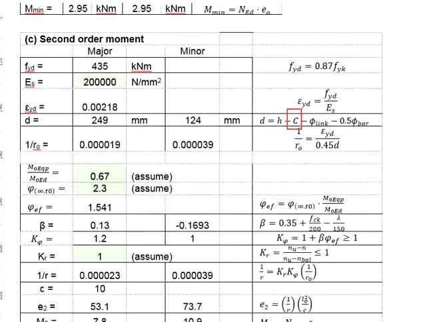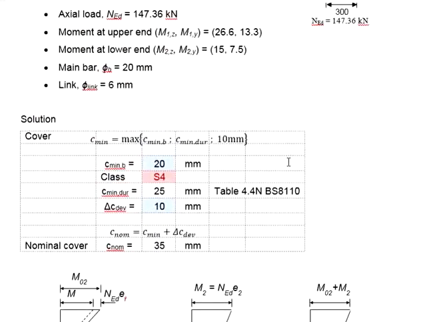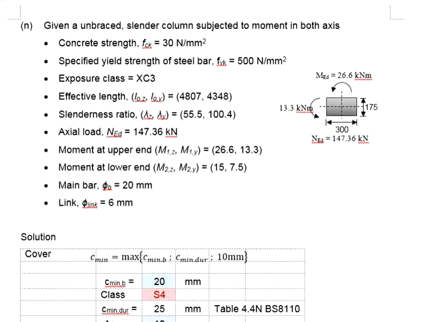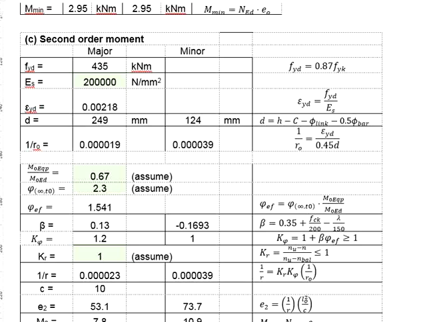The concrete cover is 35. The size of the shelling will be 6 mm, and the size of the main bar will be 20 mm. For the major axis, the H will be 300. So 300 minus 35 minus 6 minus 0.5 times 20 mm, you get 249 mm. You will do the same for the minor axis, where your H now will be